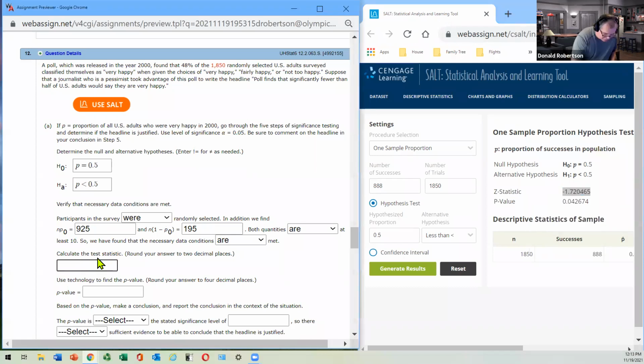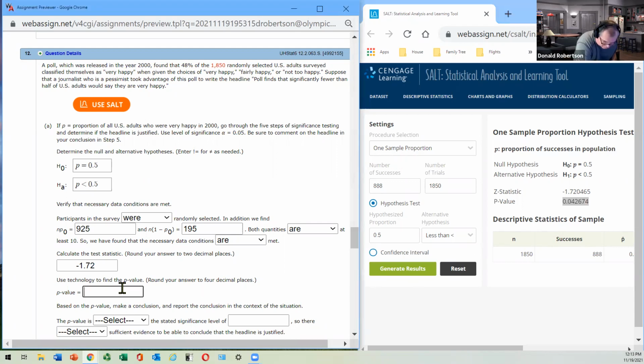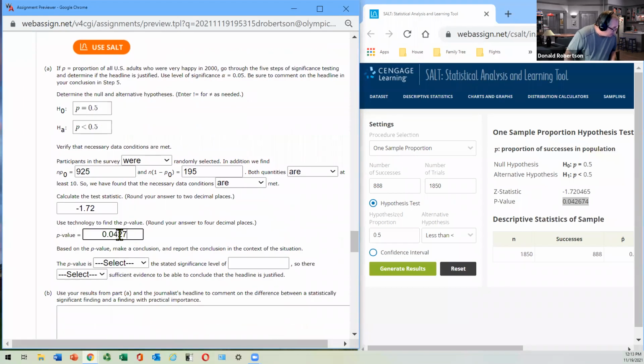Our Z statistic is okay, it's not great, but at least it's negative and it's got a little bit to it. And to 2 decimal places, it ends up being that guy. And the p-value happens to be this number. And if you round this off to 4 decimal places, 1, 2, 3, 4, you get that. Now, this p-value